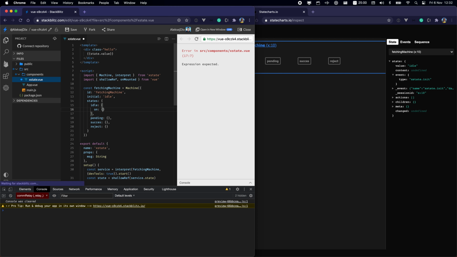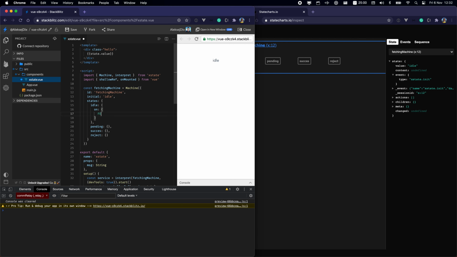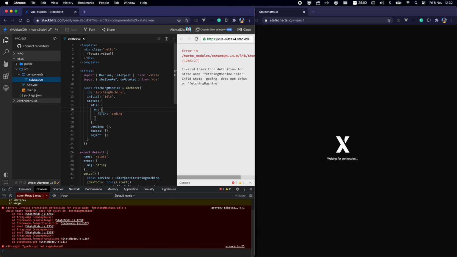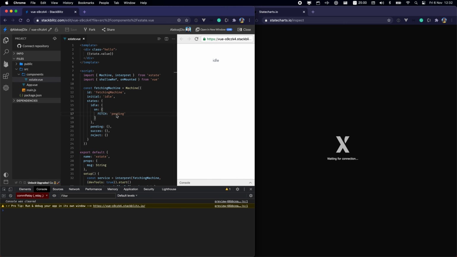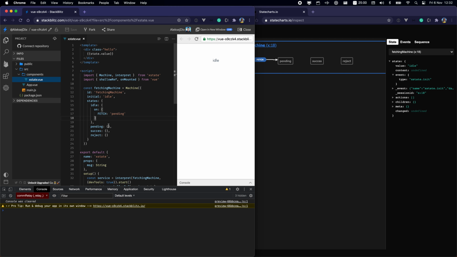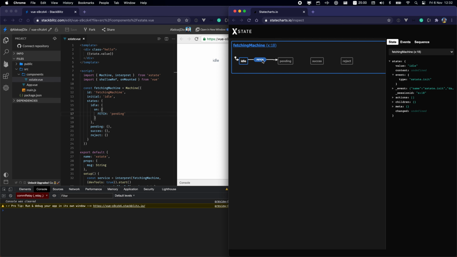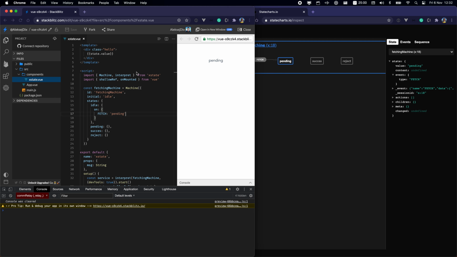For this, we will create a new event, and this event will be called fetch. And after the fetch is called, we will go to the pending state. So once we go to the pending state, we need somehow to call the promise, right? We need to execute, and we can see the action here. We can really go from here, and then our application changes to pending state. Inside our pending state, we will need to invoke a promise. And this is done by adding an invoke in here